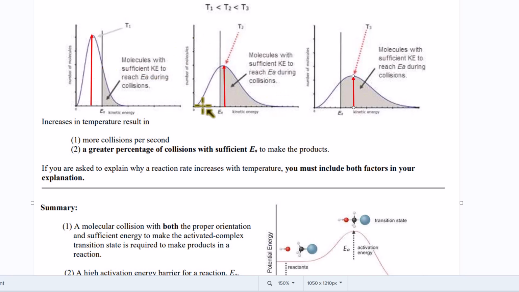Now, if we increase the temperature, the curve flattens out. We get more molecules with high energy, and now the average molecule can make it up the hill. Before, the average molecule couldn't. Now the average molecule can. And even at temperature 3, look, our average is here. Look how many molecules, if they collide, can make it up to this hill. Now, if they have the right geometry, then they have a chance of making the product. But at the higher temperatures, there are more molecules, based on the Maxwell Boltzmann curve, that can make this